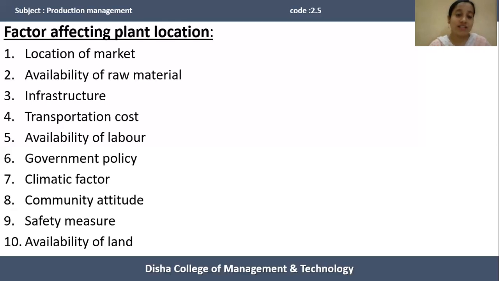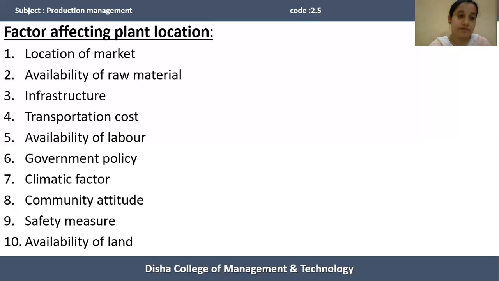So what are the factors that affect plant location? The first factor affecting plant location is location of market, next availability of raw material, next infrastructure, transportation cost, availability of labor, government policy, climatic factor, community attitude, safety measure, and availability of land. So these are the various factors the industrialists have to consider while determining the location of their plant. Let me discuss all the factors that affect plant